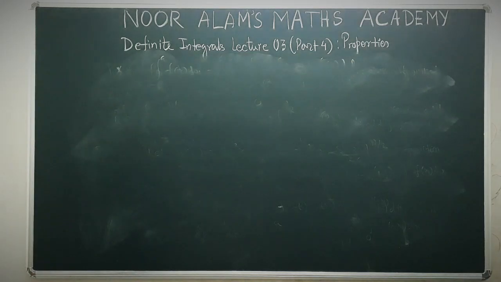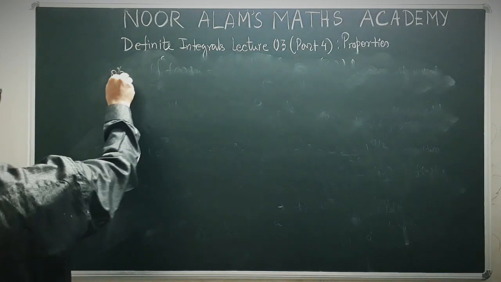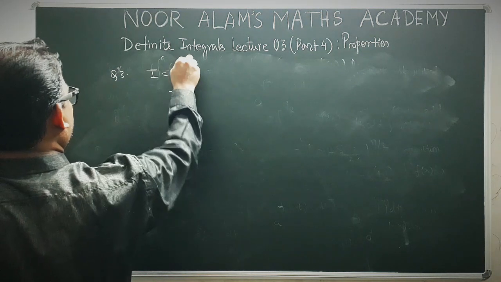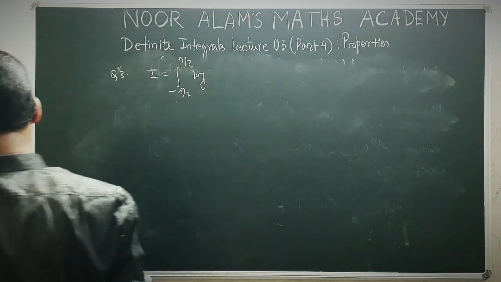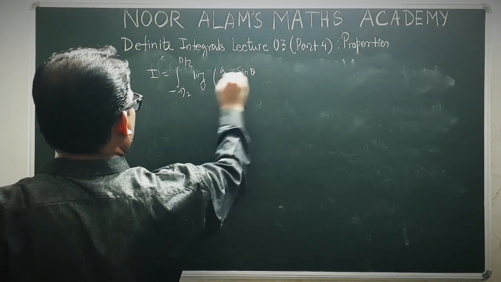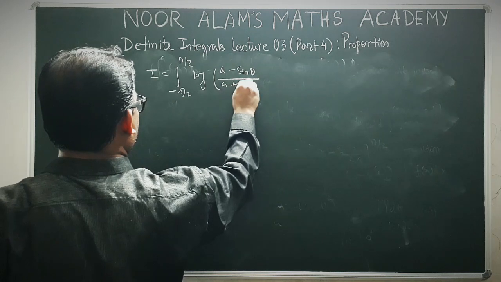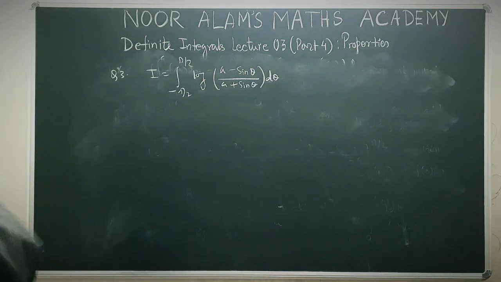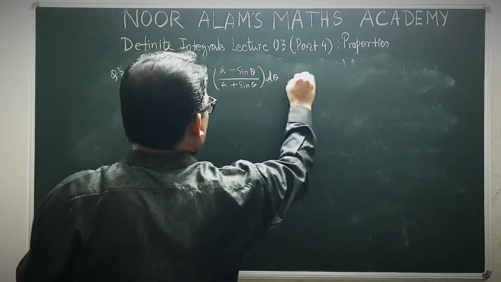I is equal to the integral from minus pi by 2 to pi by 2 of log of (a minus sin theta) divided by (a plus sin theta) d theta, where the value of a is positive, a greater